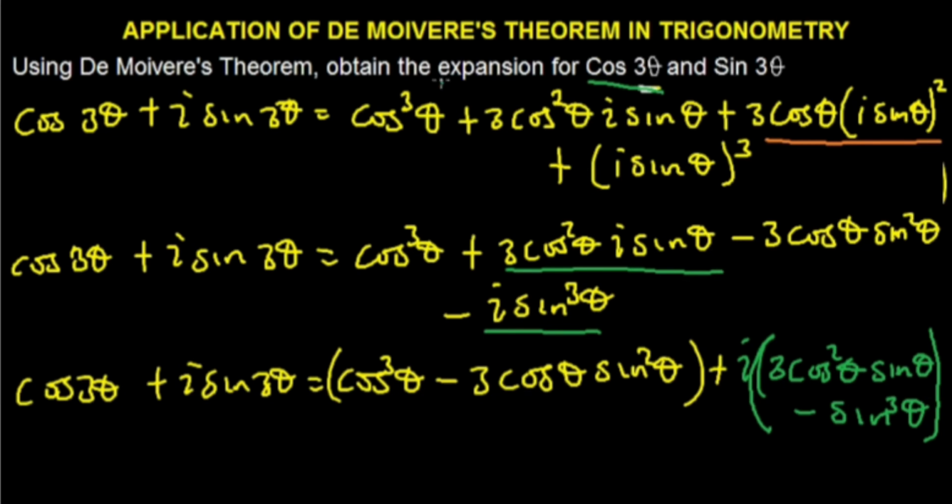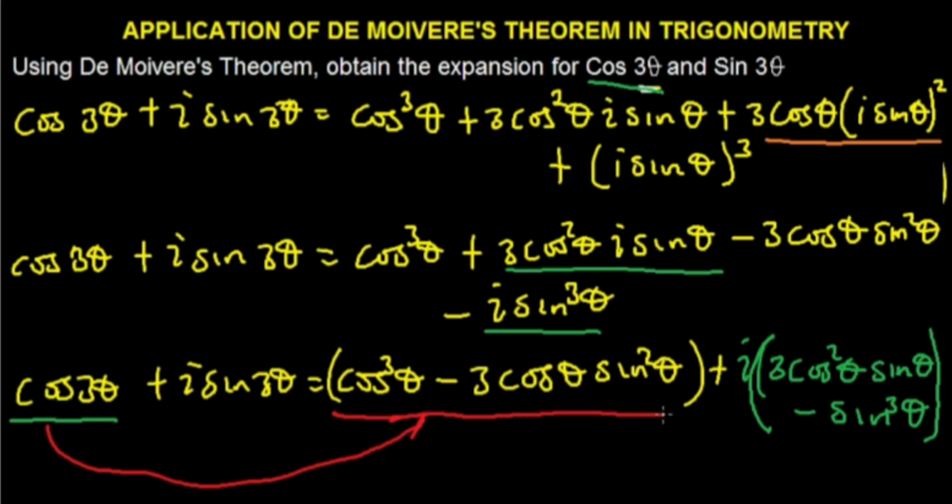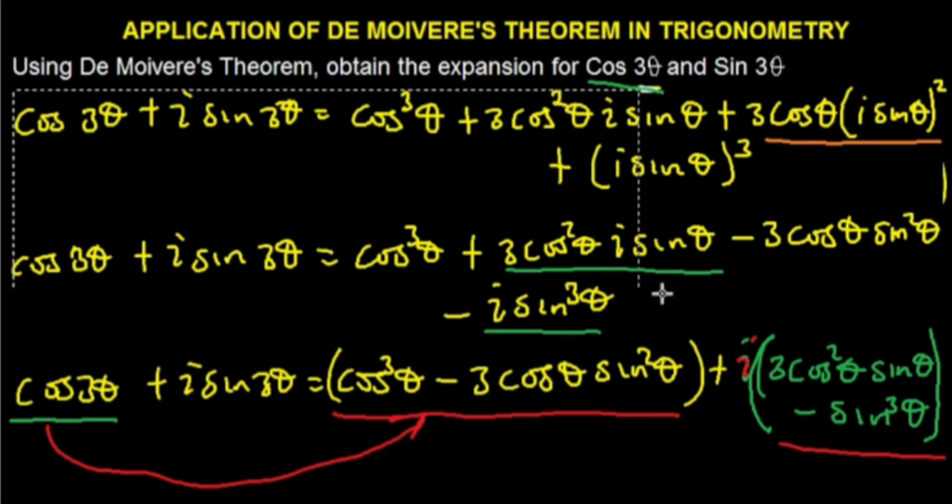So I want to find cos 3 theta, which is this one here. It's standing for the real part because it doesn't have I. So therefore I can match this one here with this part, because this one also stands for the imaginary part, because there's no I here. This one having I is the real part, then this will be the imaginary part because it's having I. So for me to now implement the knowledge of my equal complex number, I will just say,